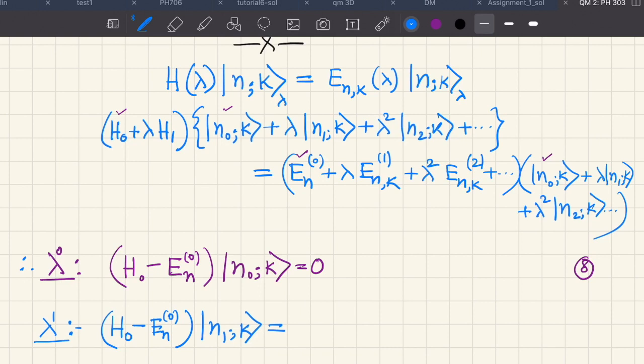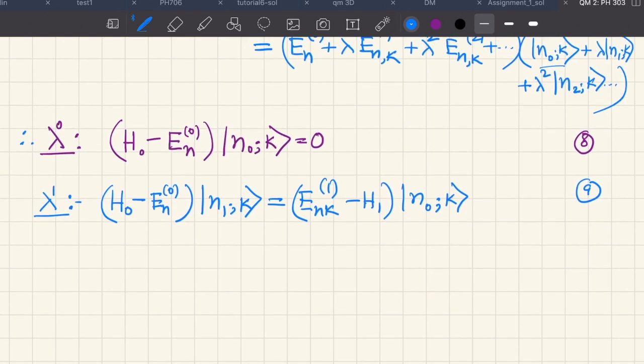enk1 acting on n0k here, and h1 acting on n0k here. The two order lambda terms are here. So this is enk1 minus h1 n naught k. So this is equation number 9, and of course up to lambda square, if I keep the terms,